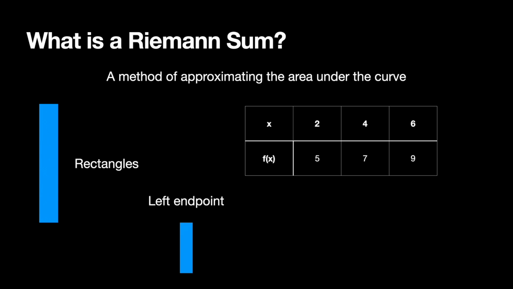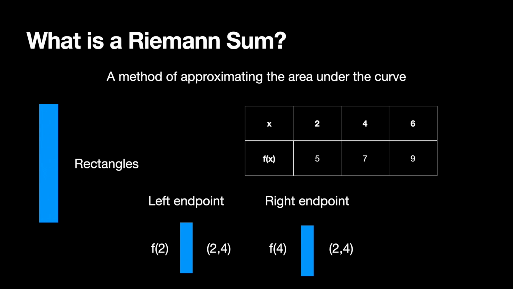The first method is the left endpoint method. So given some subinterval inside our graph, for example x equals 2 to x equals 4, we would use the left endpoint of this subinterval to determine our height, specifically the function value at x equals 2, or f of 2. Likewise, for the right endpoint method, on the same interval, we would instead use f of 4 for our height because that's the right endpoint of this subinterval, and the midpoint is just the middle of this subinterval, or